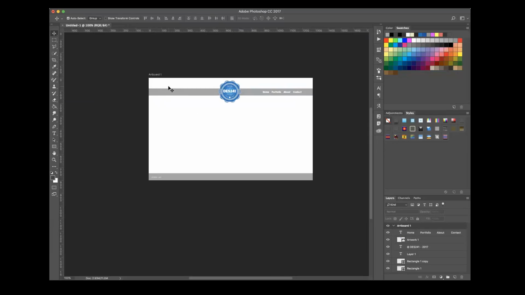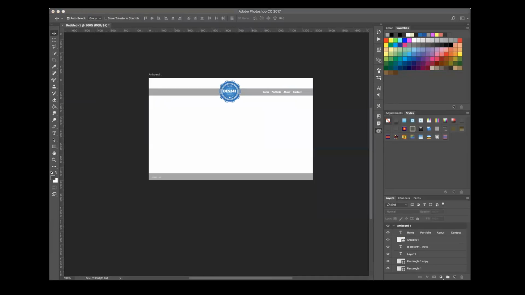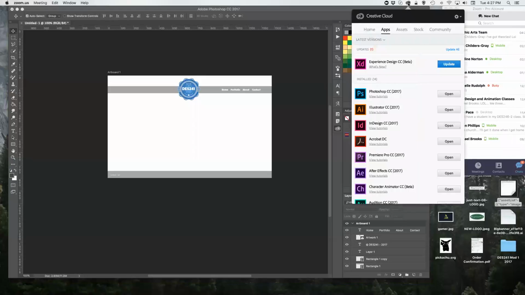I have my social media icons. I've forgotten those. I'm going to open up my Creative Cloud. If you do not already have social media icons, there is a quick way to get them. Let me share my desktop here with you for a second. If you click on your Creative Cloud icon at the top and go into Assets,